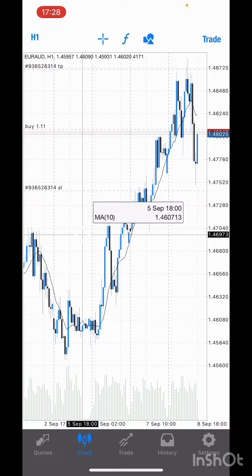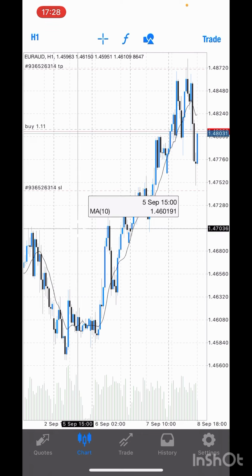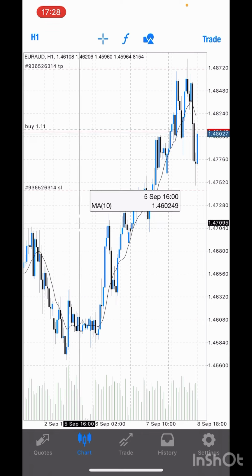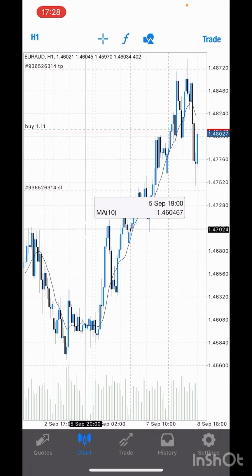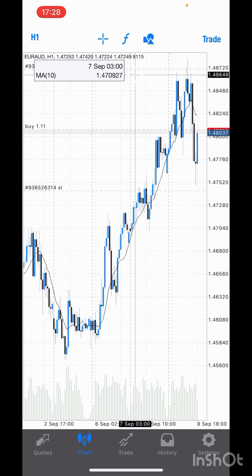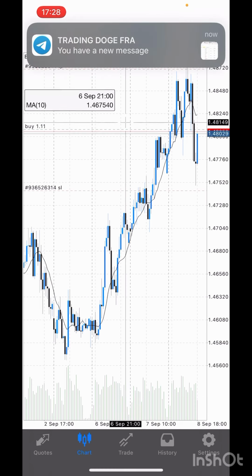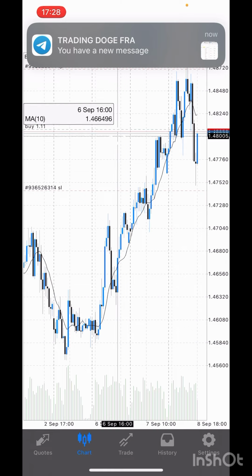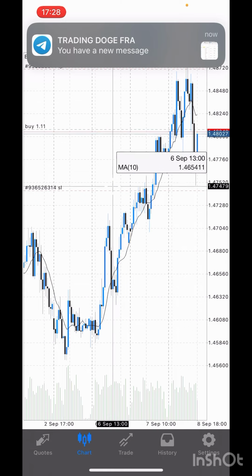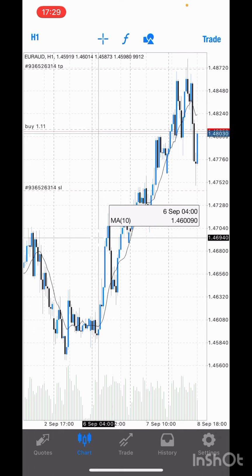So look, we're going to do a buy limit. So price has to come down and touch the order I'm about to set, and we would expect it to go up because it's a buy limit. Sell limit means that price has to come up to that area, touch it, and then go down. A buy stop means that price needs to go up and through it to enter me. A sell stop means that price needs to go down and through it to enter me. So look, we're going to do a buy